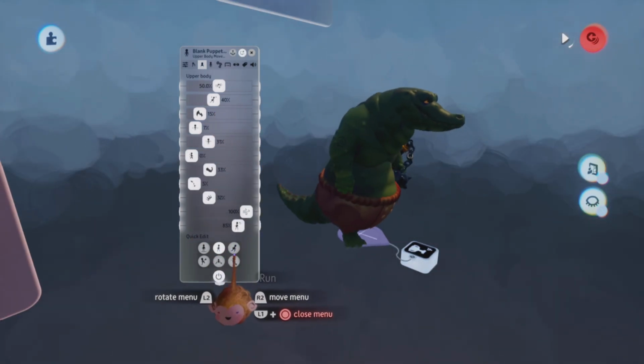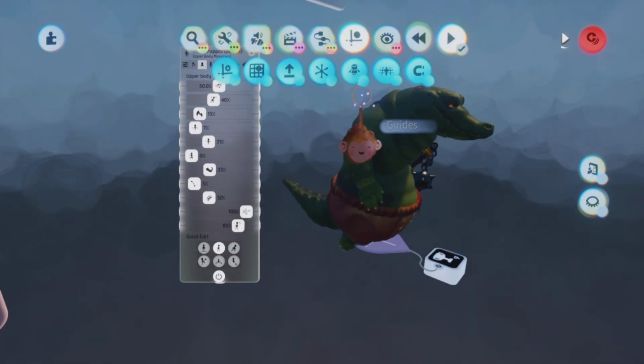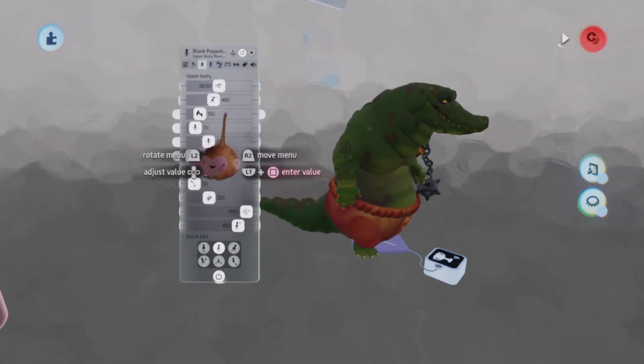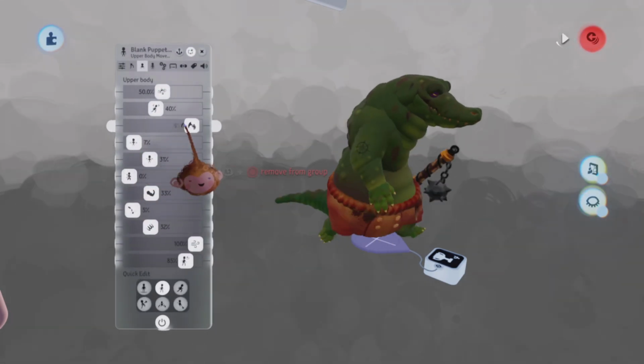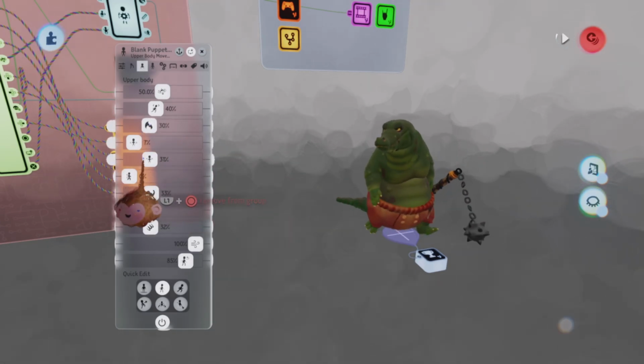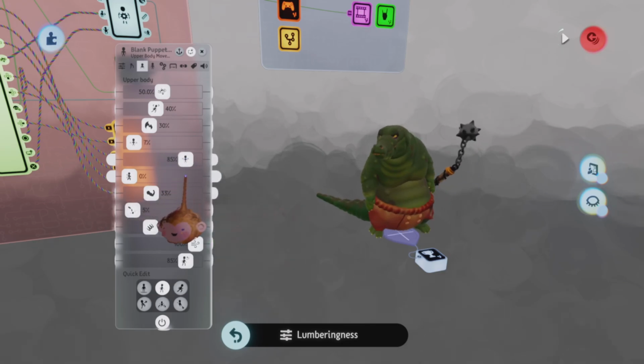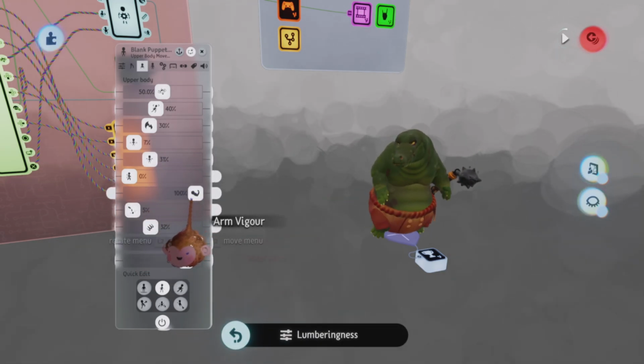Here's the walk cycle happening, so you can preview the walk cycle and then play around with these sliders and see what kind of walk you want. So here's lumberness, there's arm vigor,